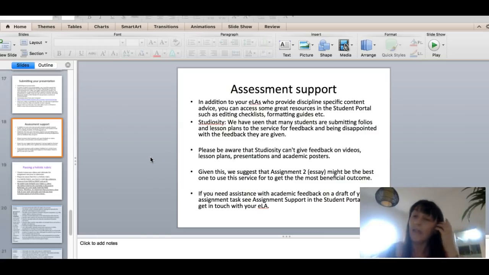I've just said that. So given that, I'd suggest that you keep it for assignment 2. If you need assistance with academic feedback on your draft, which you might, because you might be unsure of how to write it exactly, get in touch with your ELA. There is an online thing called Grammarly if you haven't used it, which might pick up some of the grammar errors or anything. If you have a little bit of trouble writing,